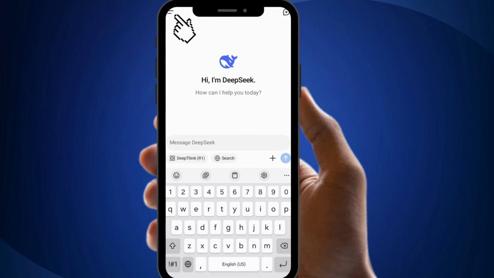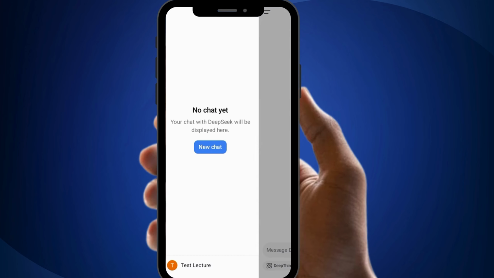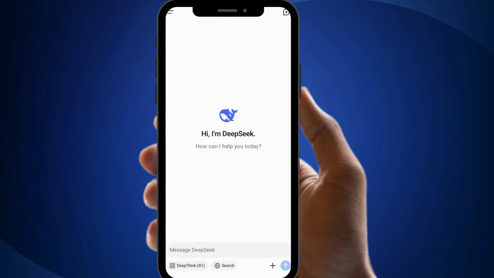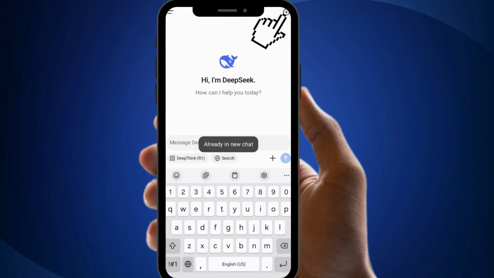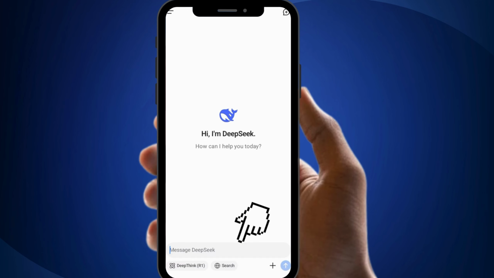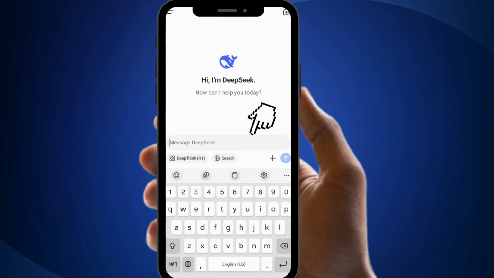On the top left corner, there's a menu icon that lets you access all your previous conversations, so you can easily go back and revisit older chats whenever needed. Then, on the top right corner, you'll see a plus symbol button, which allows you to start a new conversation with the AI. And at the bottom, there's the chat bar, where you can type in your questions and send